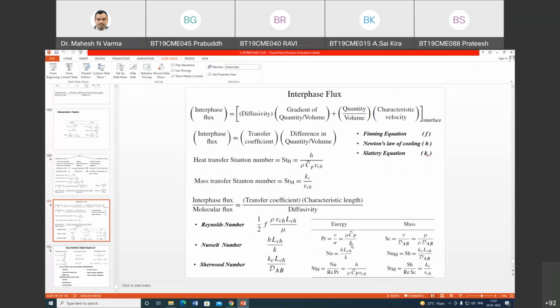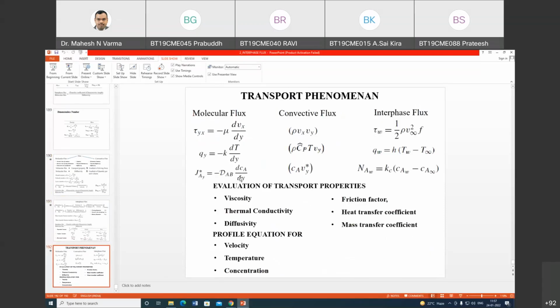These are the two dimensionless numbers, and these are the three dimensionless numbers. And how these three areas are similar to each other, you can go through the cases we have discussed. This is the compilation of everything. Hereafter we will be discussing how to actually estimate these properties and how to get the profile equations. So anybody